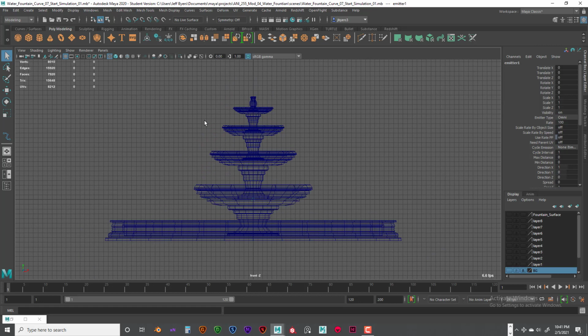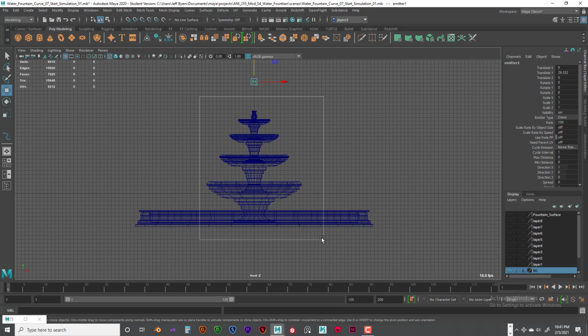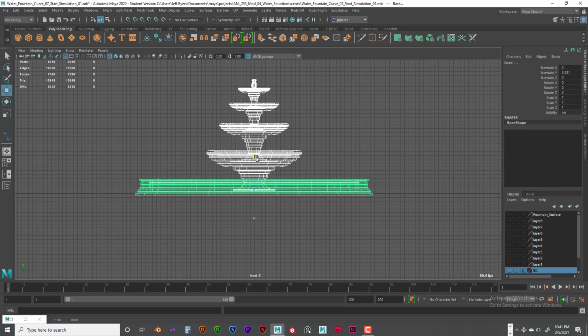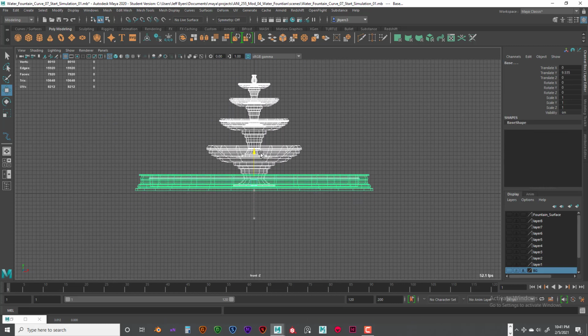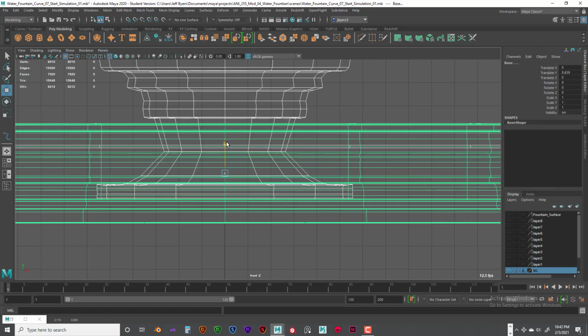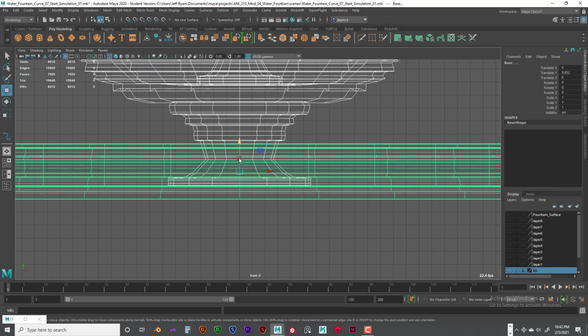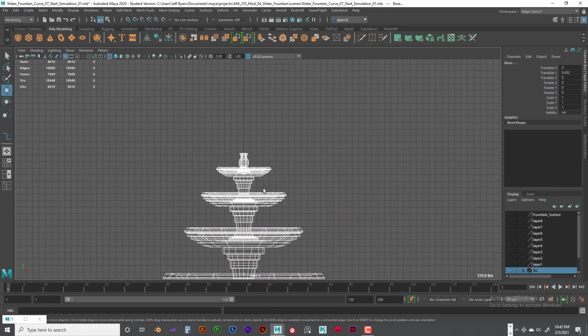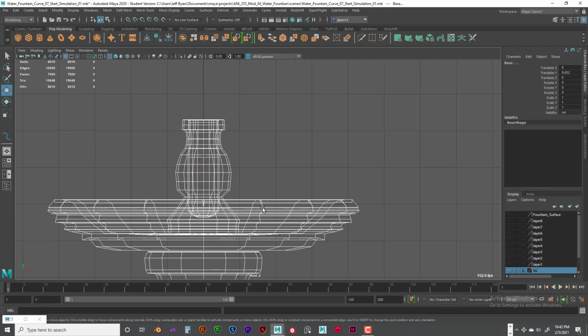So let me move everything. Let's go ahead and move that up while it's there. Let's move that up like that. Let's move everything up to the right position. That should be right on the bottom of the grid here. So there we go. And at the top we have a